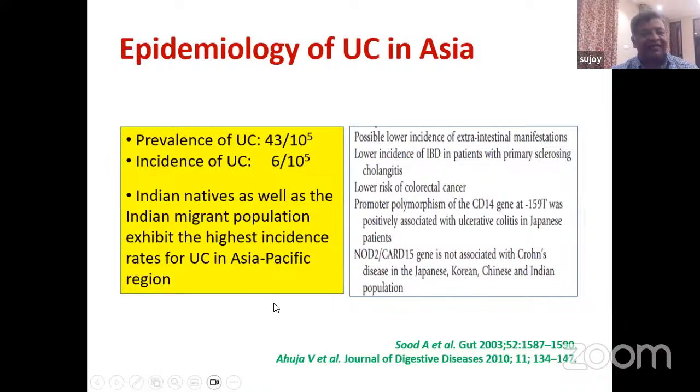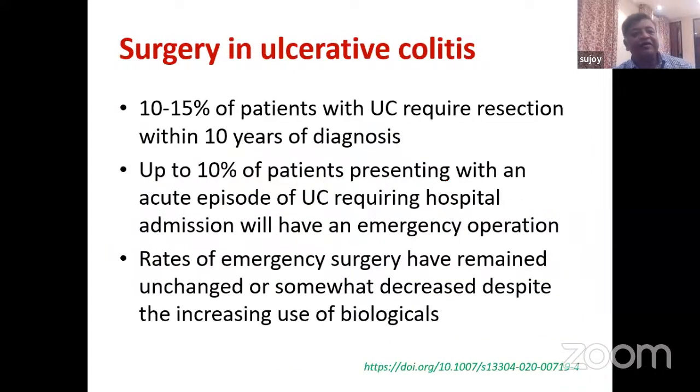So this is a brief slide which talks about the prevalence of ulcerative colitis, about 43 per lakh population. Generally speaking, in India, the extraintestinal manifestations are of lower incidence, there is a lower risk of colorectal cancer, and some of the genetic associations are different as compared to the western part of the world. And 10 to 15% of patients with ulcerative colitis will ultimately end up requiring a colectomy within 10